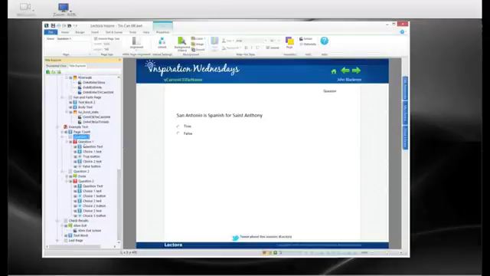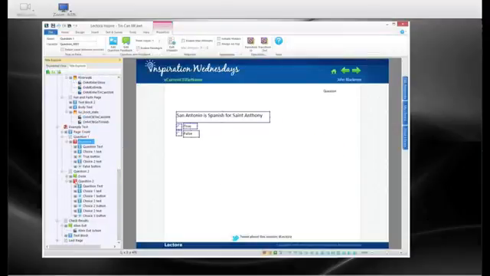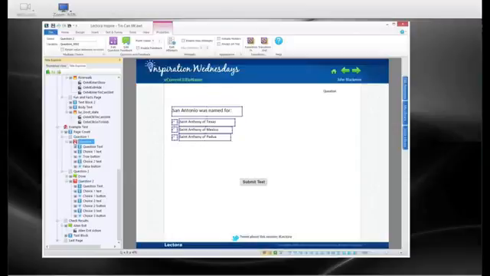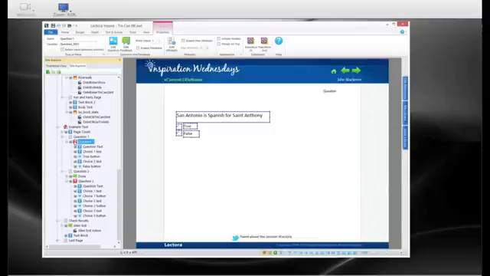Now, probably more important is notice that in the test, I actually didn't do anything different. I don't have to actually do anything different in here. I could have. I can add different Tin Can statements here. But really, because it does everything that SCORM and AICC did, and I'm going to publish with interactions, I'm going to know what the student answered. I'm going to know what the question was. I'm going to know what the answer was. I'll know what the score is. So I think I really have all the information I need from here. I don't need to do any extra effort to get all the information I need out of there. That's great.